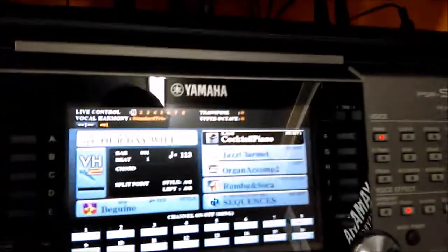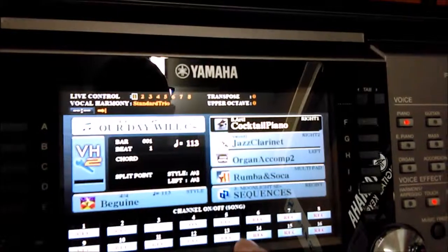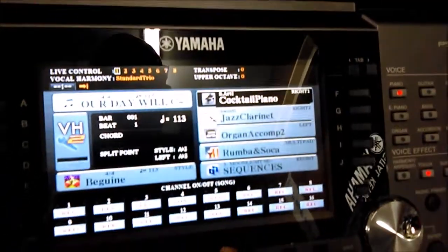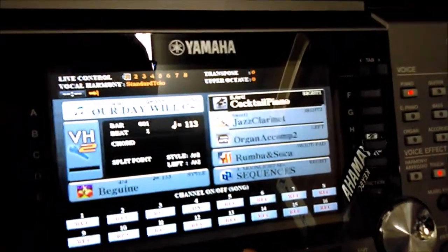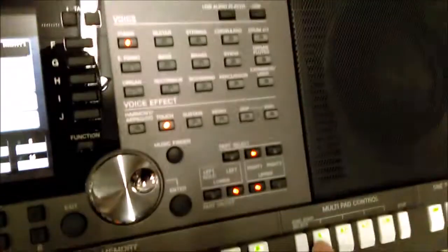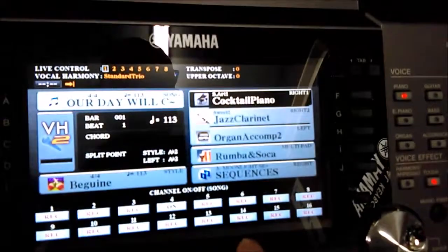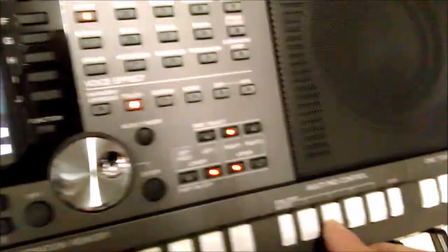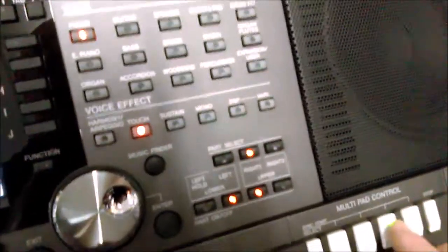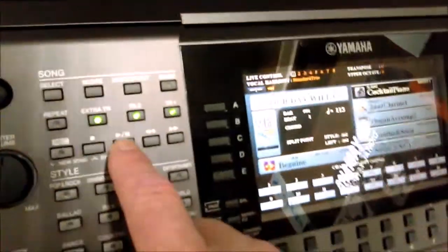So for example on track 5, so we've got 4 tracks there, 5, 6, 7 and 8, so that's my 1, 2, 3, 4 tracks I'm going to use just for multipads. I'm going to use track 5 for the first multipad, then I'm going to come back in afterwards and do the process again. Track 6, the second multipad. Track 7, the third multipad, and then track 8, I've got my fourth multipad. So when I'm playing back the song,